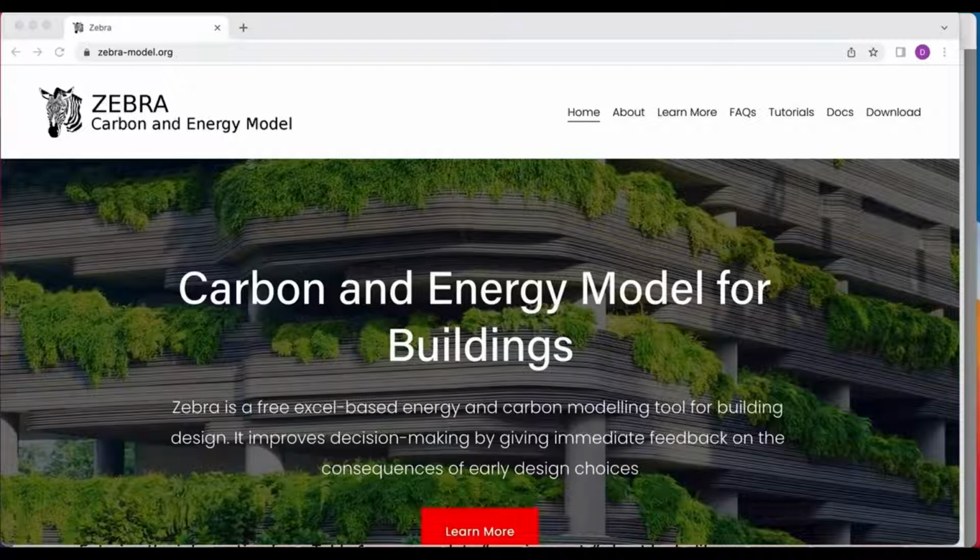Another reason to do it is there's probably errors, bugs, whatever in any software, and that includes Zebra, and we'll be changing those. We'll also be improving some of the calculation steps, improving the functionality on a regular basis. So you want to be using the most recent version so you can get the best results from it. But the main reason is the fact that you're bound to have something hidden in some cell.